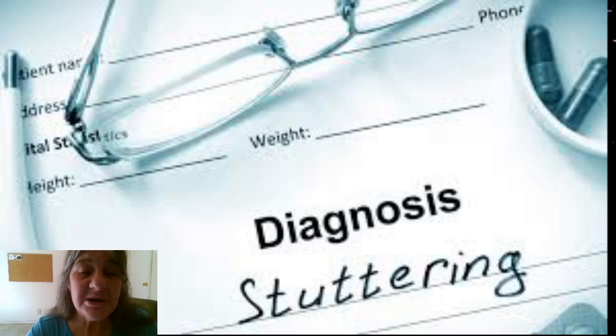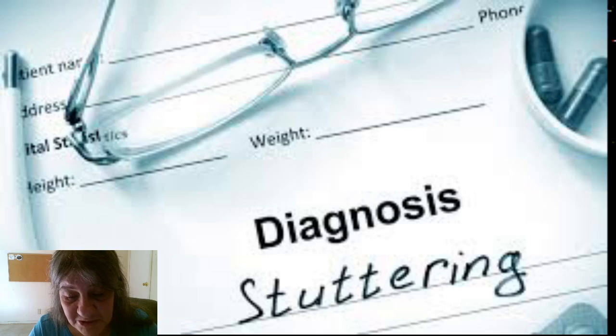Now, if you are the parent of a child that stutters, the doctor or speech-language pathologist may ask questions about your child's history, including when he or she began stuttering and when stuttering is most frequent. They may ask questions about how stuttering affects your child's life, such as relationships with others and school performance. They may also talk to your child and may ask him or her to read out loud to watch for subtle differences in speech.